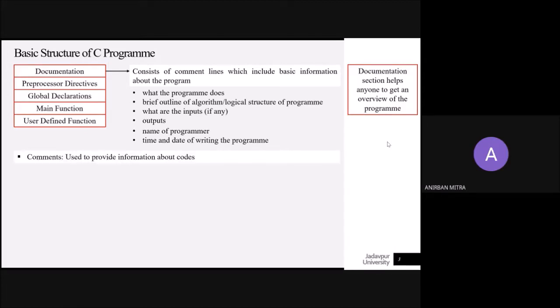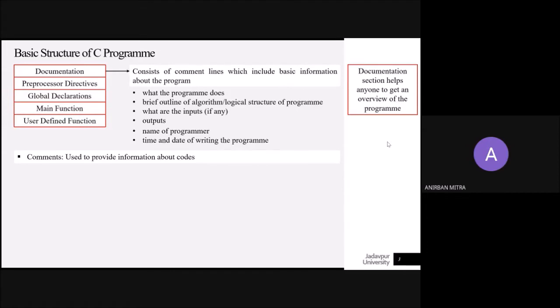Another thing that you should remember is that comments can be provided throughout the program, not only at the beginning. At the beginning, certain basic information, as mentioned previously and given here in these bulleted points, is provided.